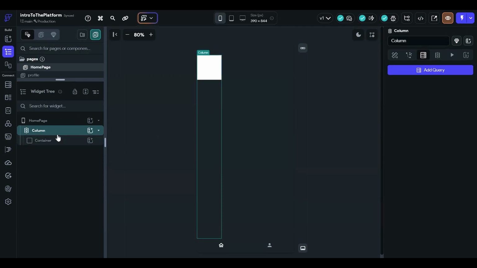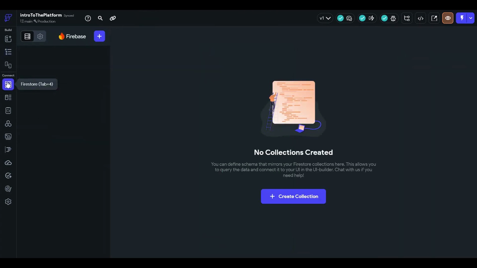Here we learned about column, but now we will create a Firestore or Firebase collection. So what is a Firestore or Firebase collection? It is a NoSQL database. If you don't know what a database is, it is where we store our data.